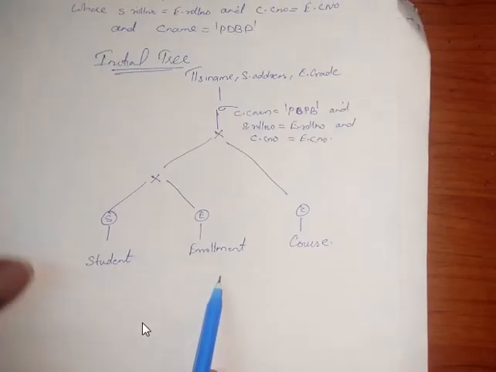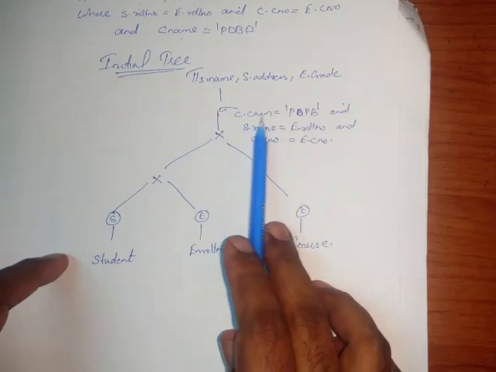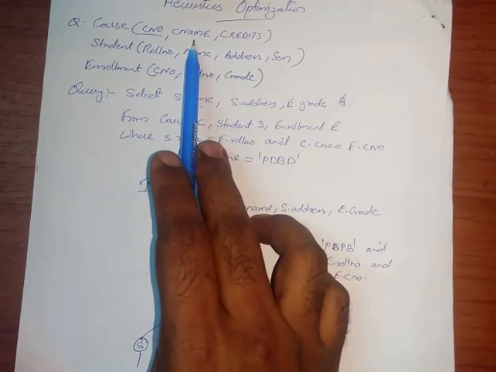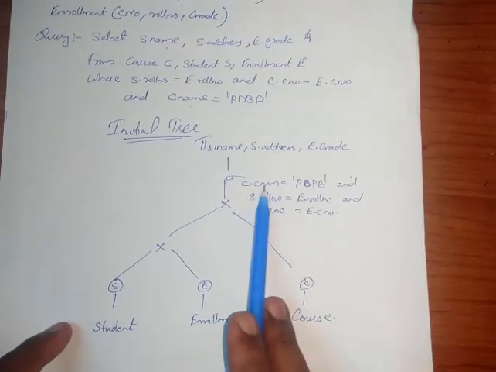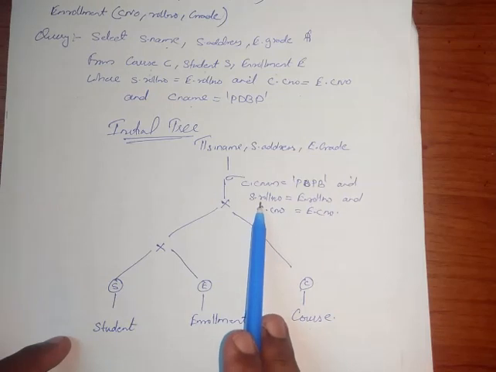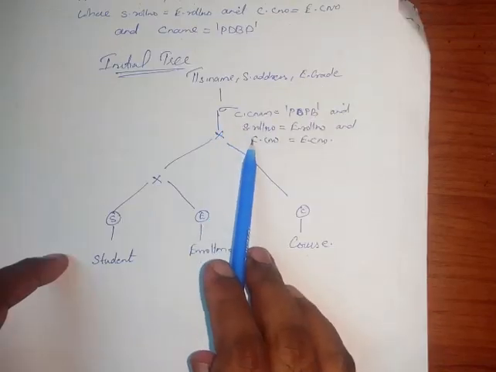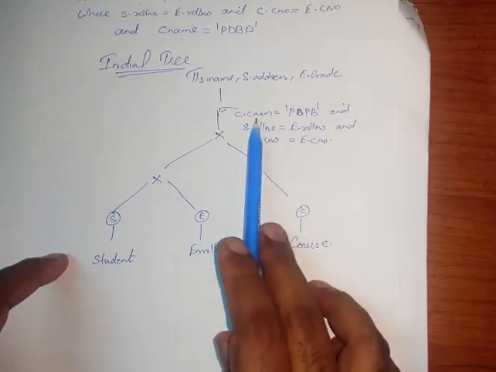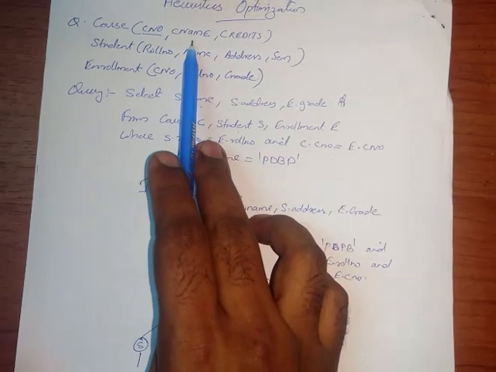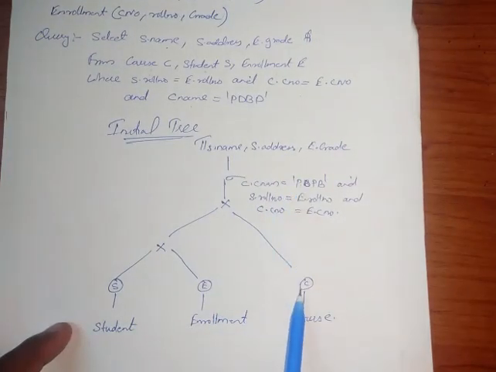Okay, start. So this is our selection condition. The first selection condition uses C.cname, and cname is present in the course table. The second is a joining condition. So here we can see the first condition is C.cname, which is from the table course. So we have to move this selection statement beside the course part.